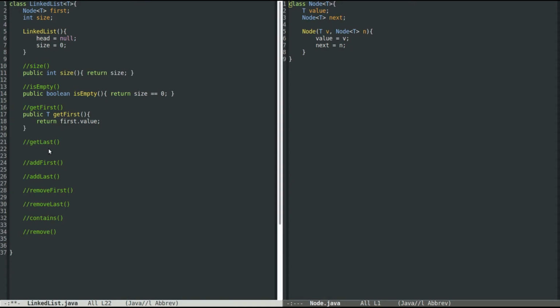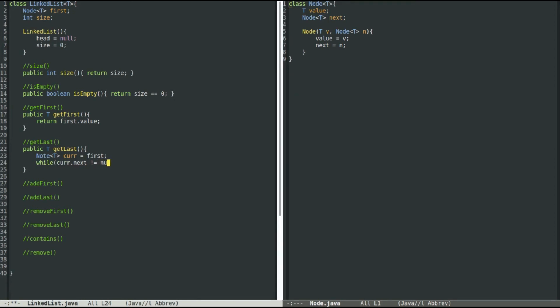If we implement the getLast, we want to return a value of type T, in getLast. Well, first thing we have to create is that cur node. So it's a node of type T, cur. That will be equal to the first node of the linked list. Then we say while cur.next is different than null, we keep traversing the list. So cur is equal to cur.next. And right here, cur will be the last value,